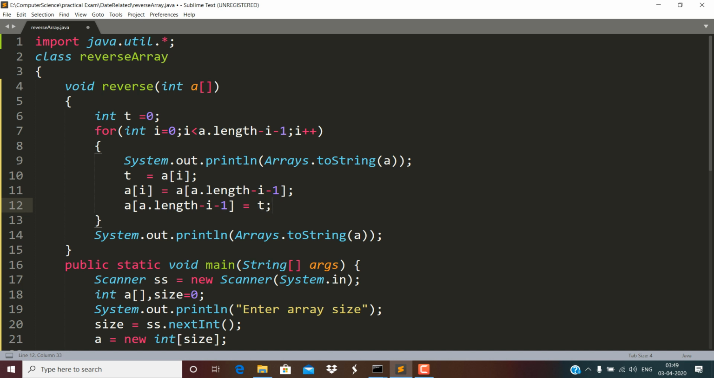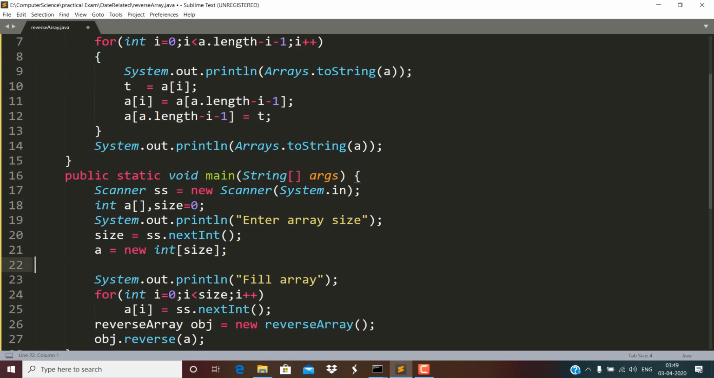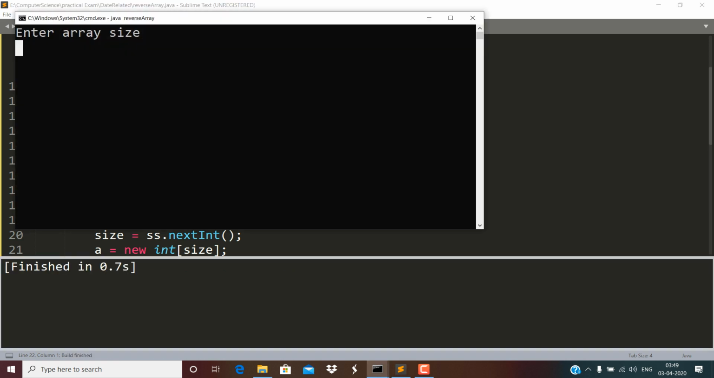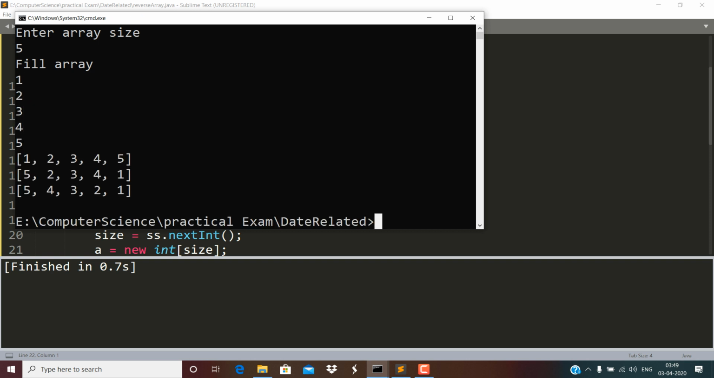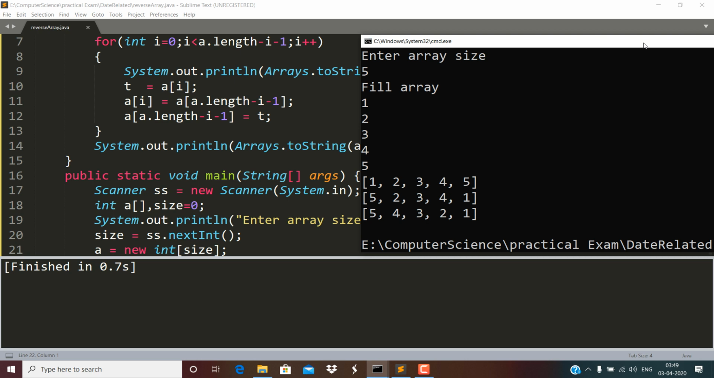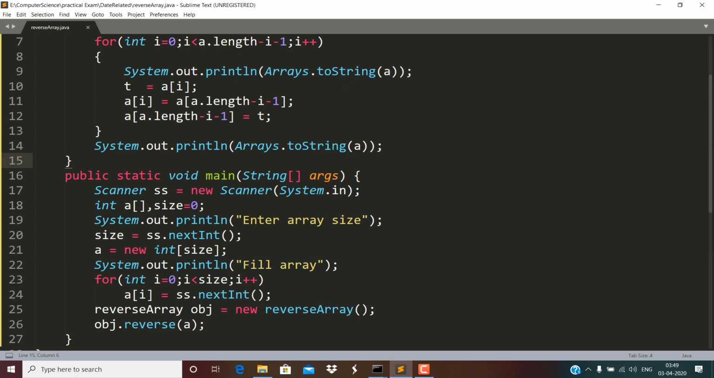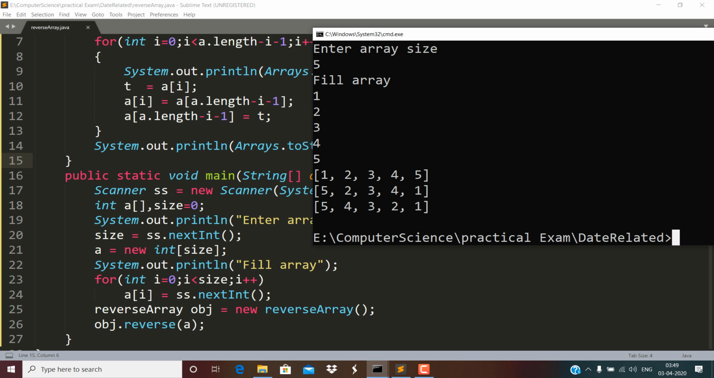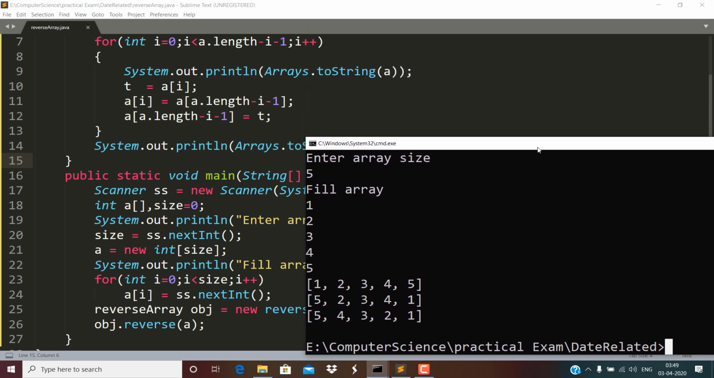Now let us see how it is working. So children, suppose the size of the array is 5 and the elements are 1, 2, 3, 4, 5. You will see that initially the array is like this, 1, 2, 3, 4, 5. Then what happens, if you see that code,